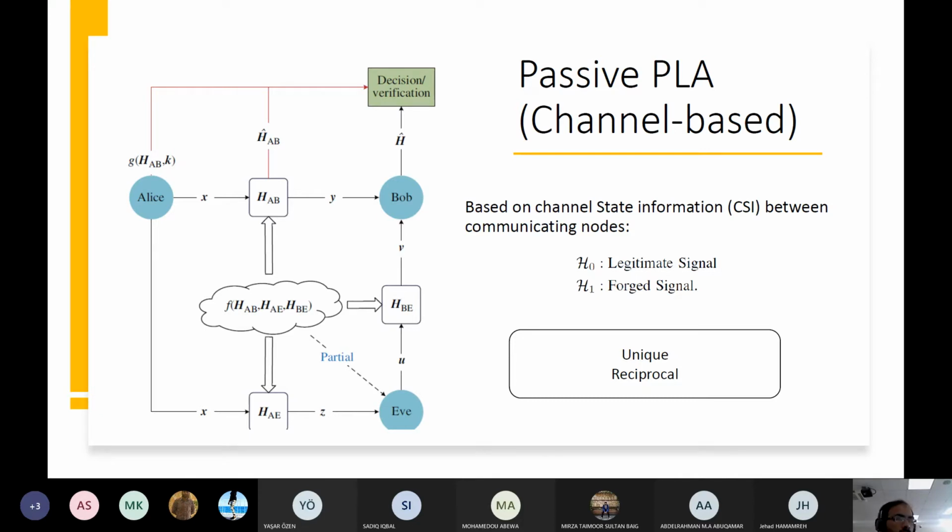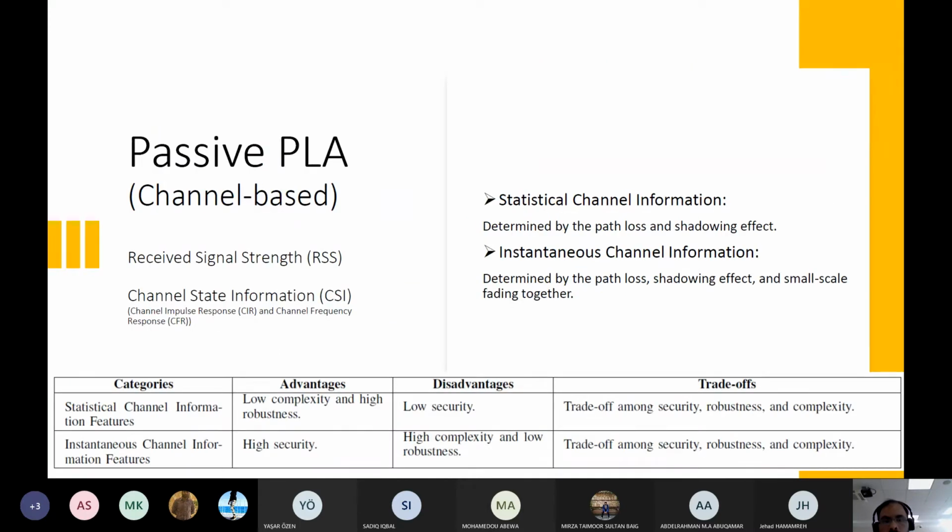You can use this information for physical layer authentication. When we talk about channel-based authentication, you will see channel state information, channel impulse response or channel frequency response, and received signal strength. You can use both of them for authentication.